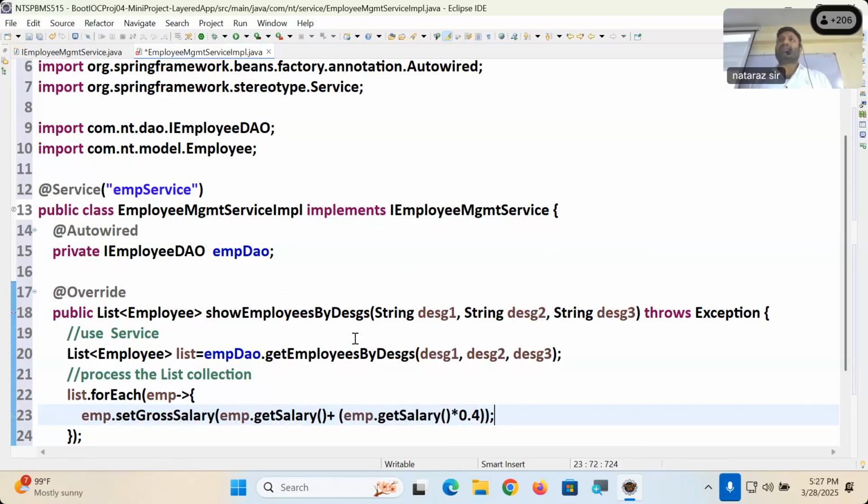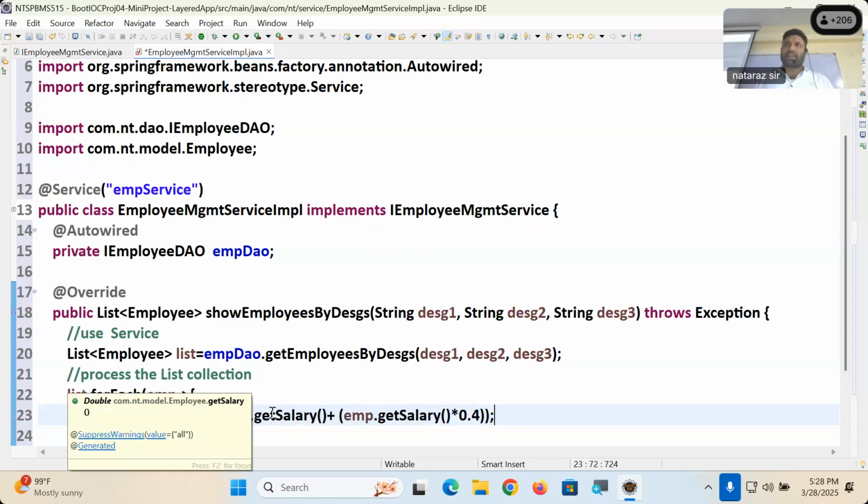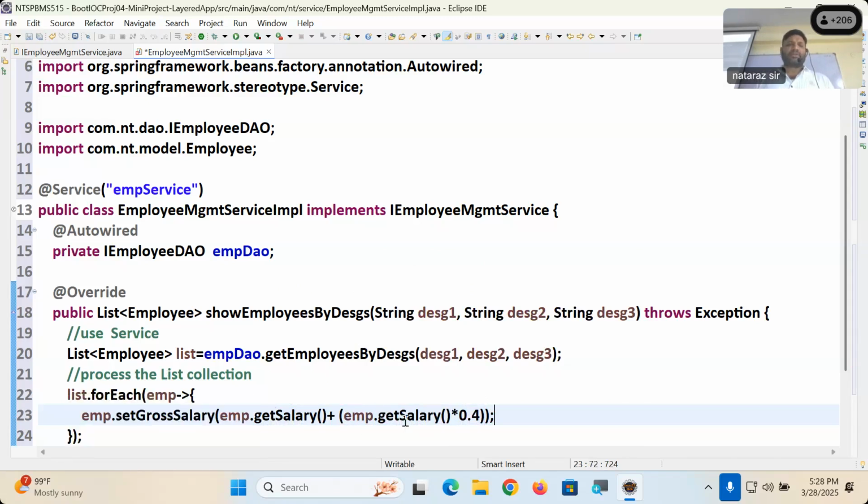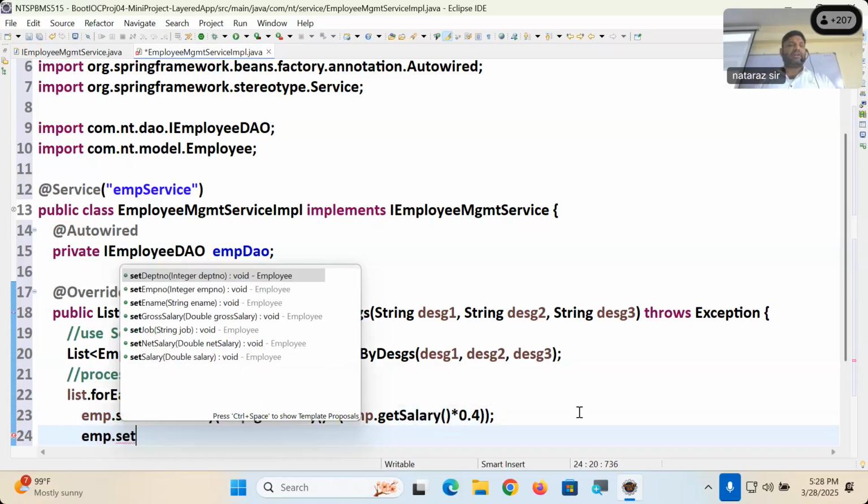Regular salary. That becomes what, guys? Gross salary. Basic salary plus 40% of what, guys? Salary. Okay, that is nothing but what, guys? Gross salary. EMP dot